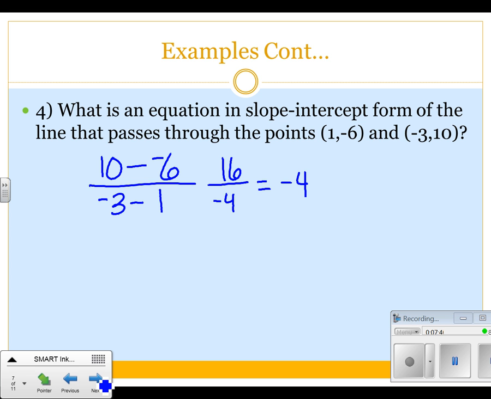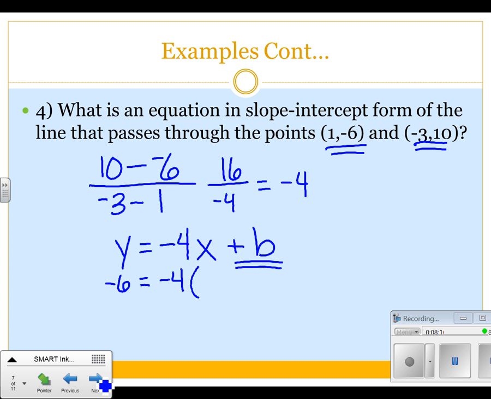So we have y equals -4, which is the slope, times x, and then we still have to figure out our y-intercept. So we can plug in a point for the x and y. We've got 2 points up here. You can pick either point, plug it into this equation. I'm going to choose (1, -6). So in (1, -6), the y is -6,